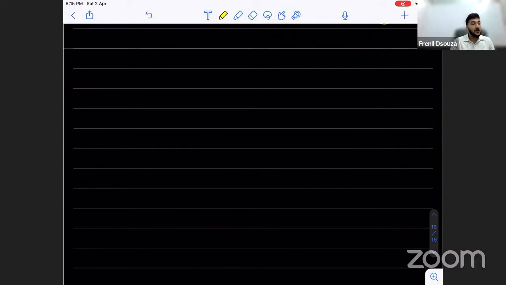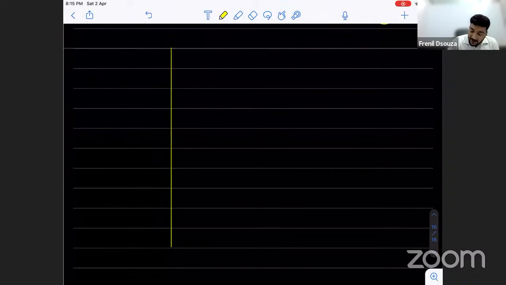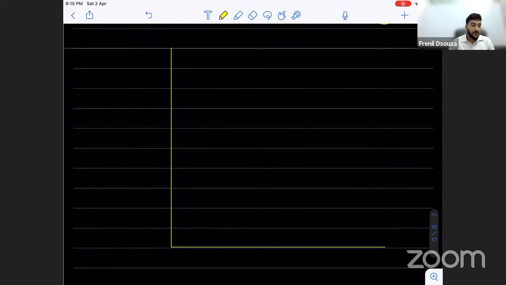So here, let us go into the next concept that we have to learn. That is how you determine income in the two-sector model. Let us look at it in the graph so that we will have more clarity. So I will draw an income curve. I will have income on the x-axis, and let us say aggregate demand on the y-axis.